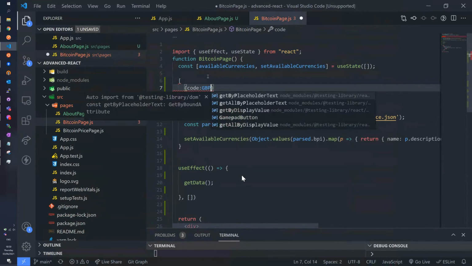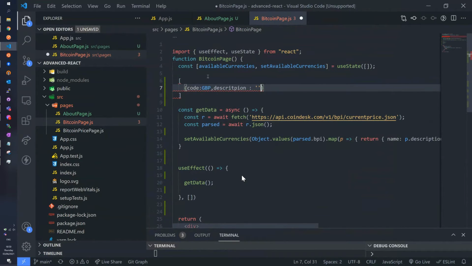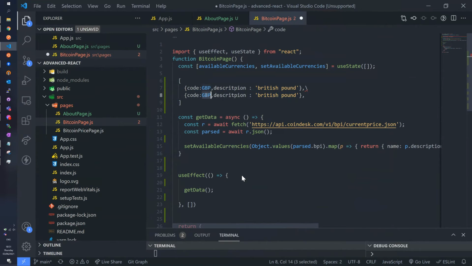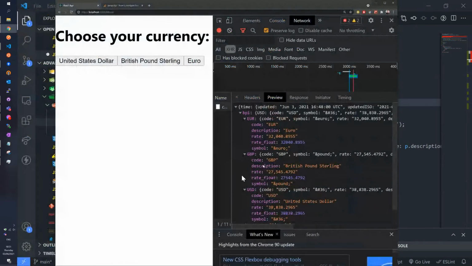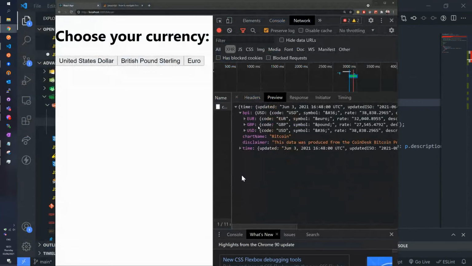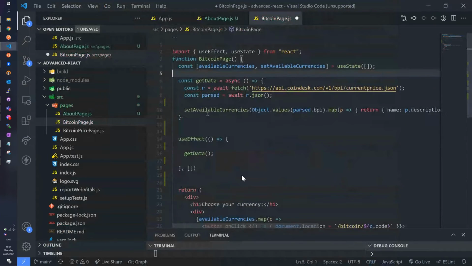code GBP, and then maybe description. This would be like British pound or something. And then the next one will be USD. And this one will show dollar, right? So basically dollar. So from this JSON, from this object, I want to just extract the code, and I just want to extract the description. That's it. So why I'm saying all of this is because here I did a one-liner of how to do that